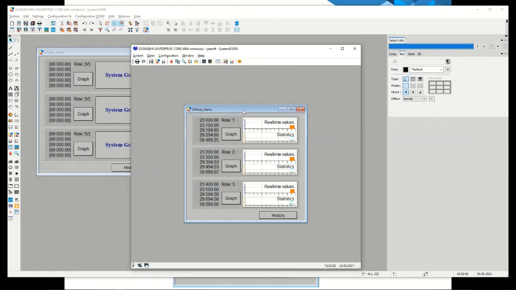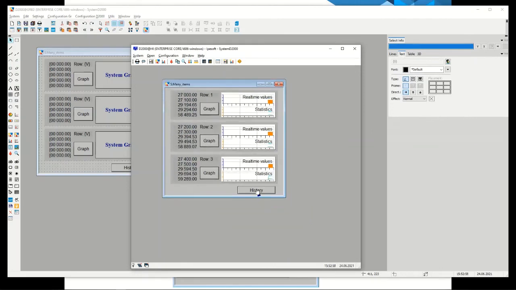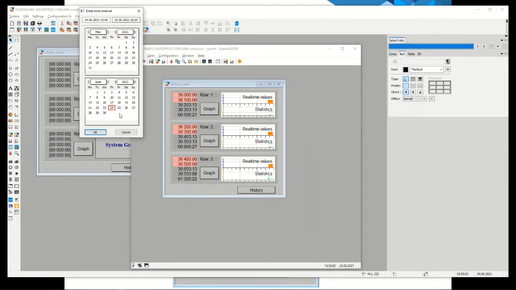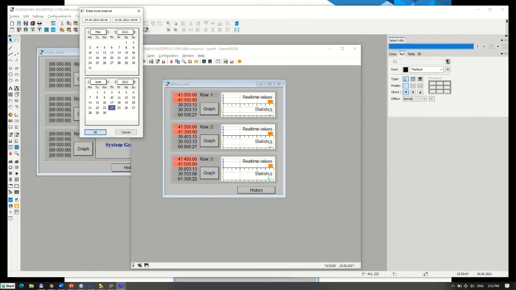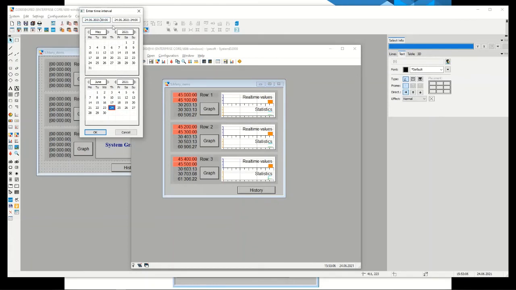What happened? When we click the history button, I can specify an interval. So let's say 1500 to 1555. Okay,